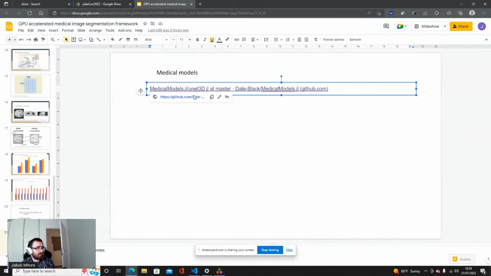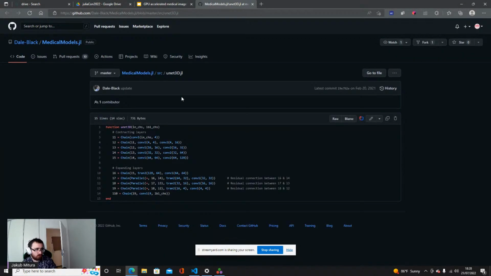This is from the medical models, so the 3D U-Net, the U-Net that basically would work better, but has a lot of memory consumption. So I did not want to use it here, just to enable everybody to run it, even on weaker GPUs.